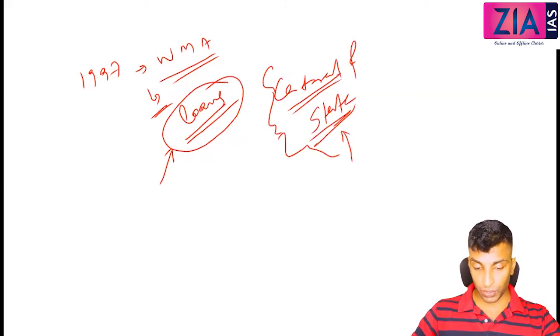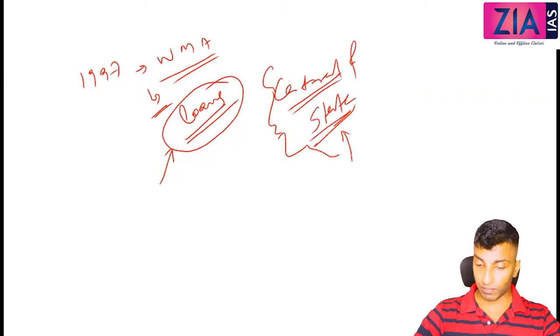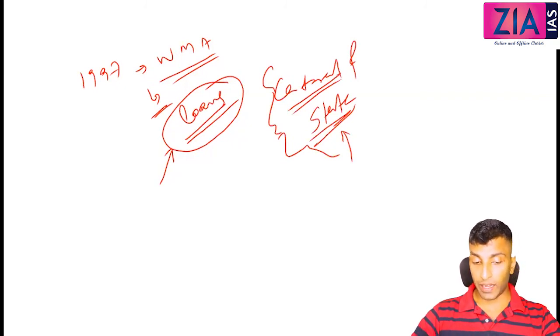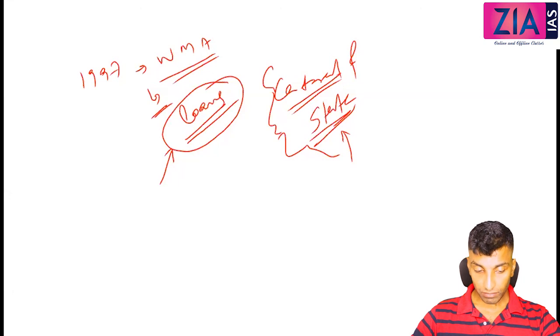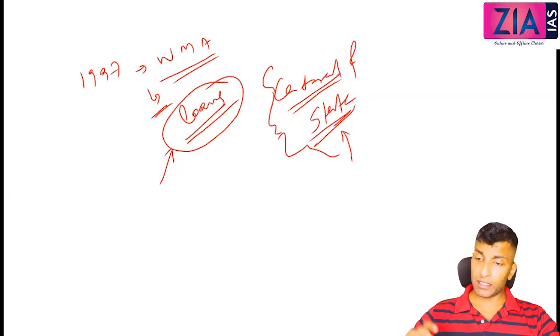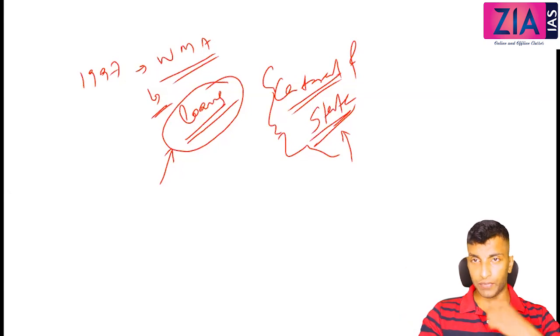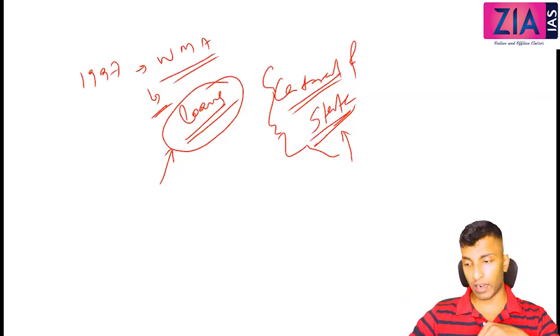Central and state governments to enable them to overcome temporary mismatch between their receipts and expenditures. So in case there is a mismatch between receipts and expenditure, ways and means advances. One more line you can write: it is a type of overdraft facility. That means you can borrow at any time, but there is a limit which is fixed and you need to pay it back. That is what you mean by overdraft facility.